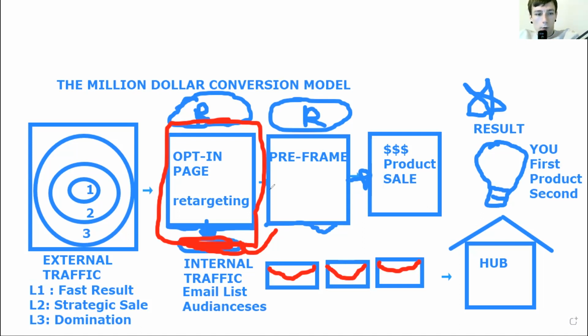Now, I showed you this pre-frame, and I'm going to show you me opting in, and it taking me to the pre-frame, and then we could link out to whatever product we want with that button. But then the pre-frame idea here is to call out the problem and then talk about the problem better than they know themselves, and then offer an irresistible solution. And then this will be the irresistible solution.